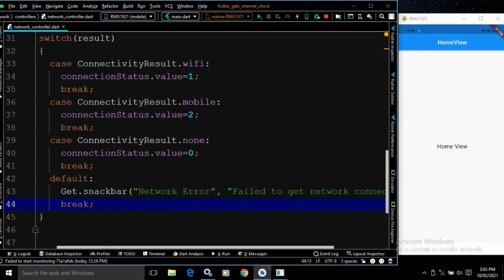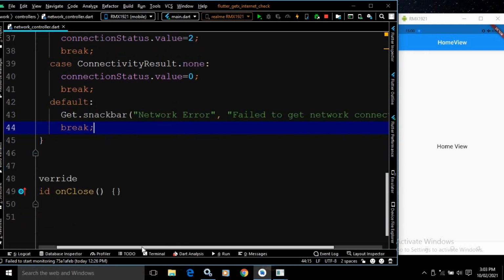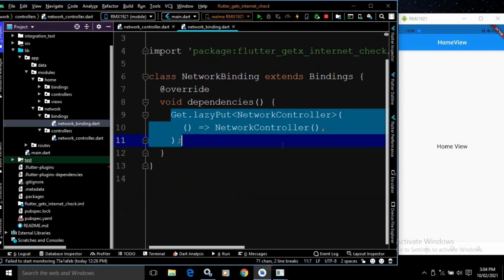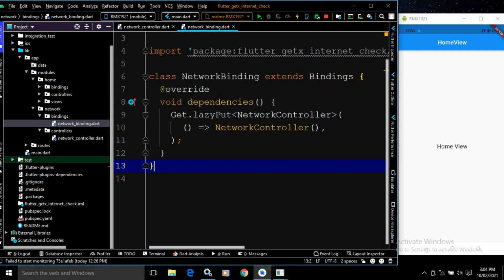Now after that, in the onClose method, I will simply dispose the connection subscription. I have not created the connection subscription, that I will create later on. Now let me move to the network binding. In the network binding, as I told you, I have already initialized the network controller here.